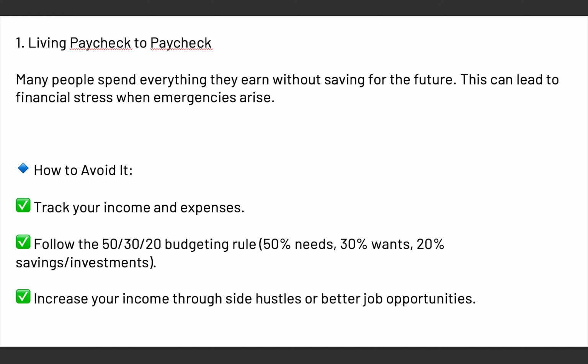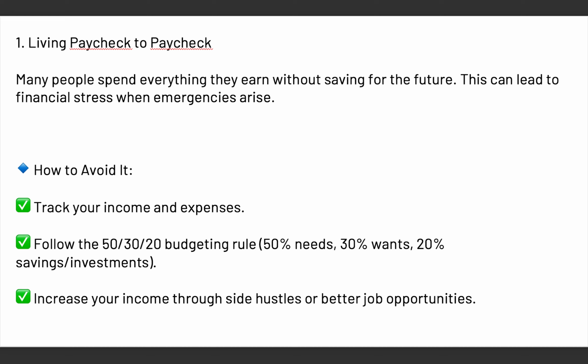Now, the first way is to track your income and expenses. So for this, you need to track how much you're making every month. That's if you have multiple sources of income. You need to know, okay, from income 1, how much is entering into my account? From income 2, how much is entering into my account? And so on. And then you need to track your expenses. That is, what are you spending money on? To stop living paycheck to paycheck, you need to understand what is taking your money the most and how you can reduce it. So that is very important.